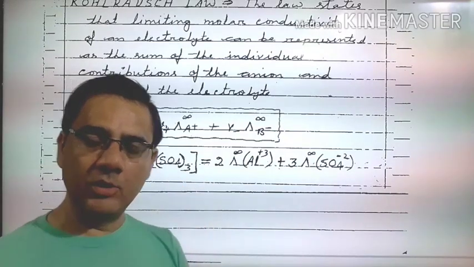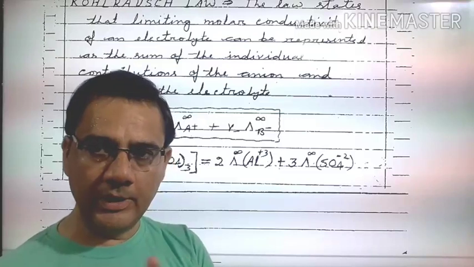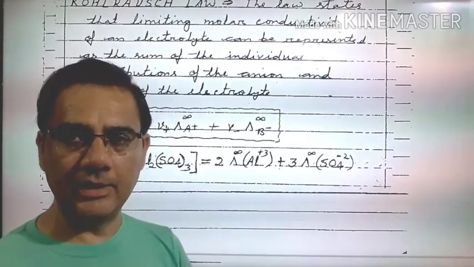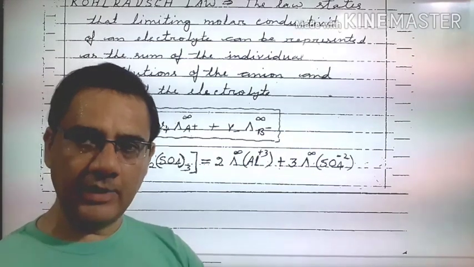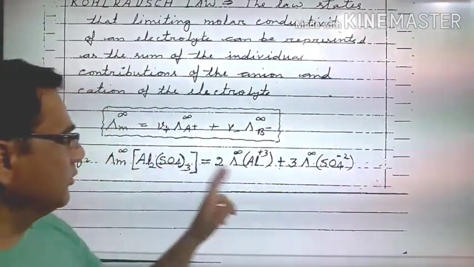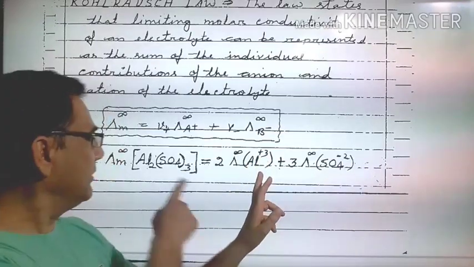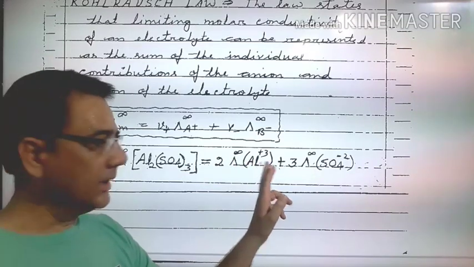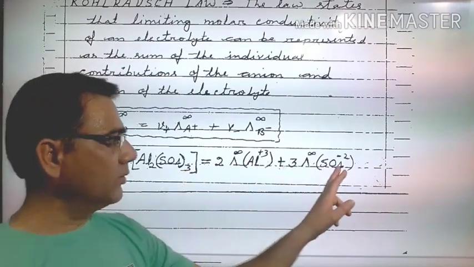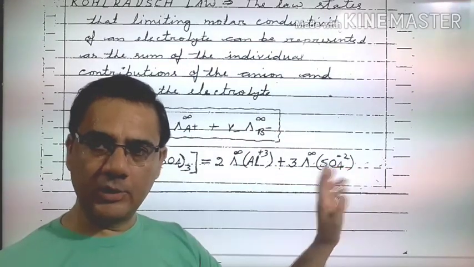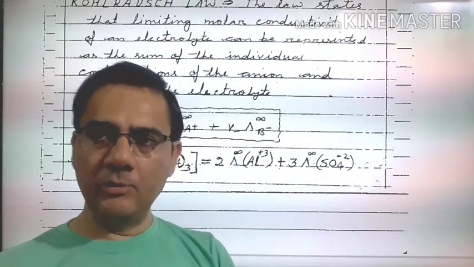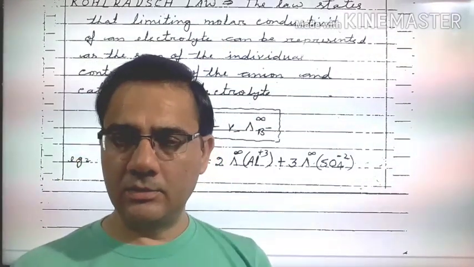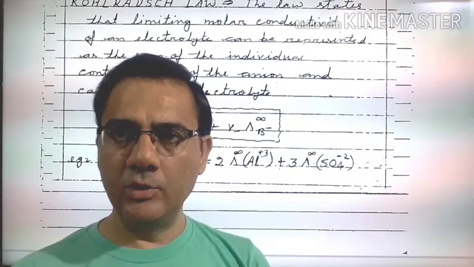In your NCERT book one table is given, और उसमें जो भी normally used ions होते हैं उनकी limiting molar conductivity value that is given in NCERT. But in the exam if a question will come, then the values will be given to you. जो aluminum की molar conductivity, we will put here, multiply by number of ions, that is 2. So 2 into limiting molar conductivity of the aluminum ion plus 3 into limiting molar conductivity of the sulfate ion. So like this we can calculate the limiting molar conductivity of a strong electrolyte. One numerical, this type of numerical is also given in your NCERT. I am going to show you.